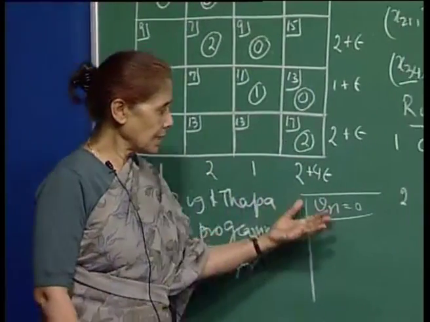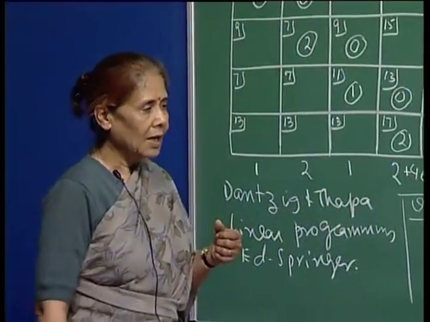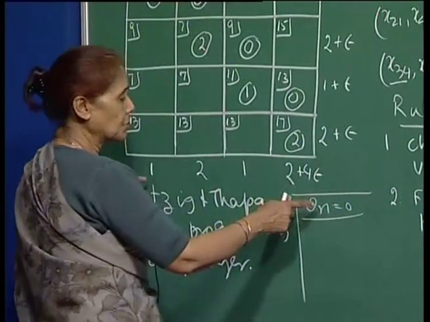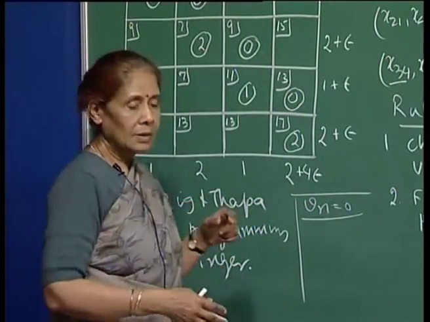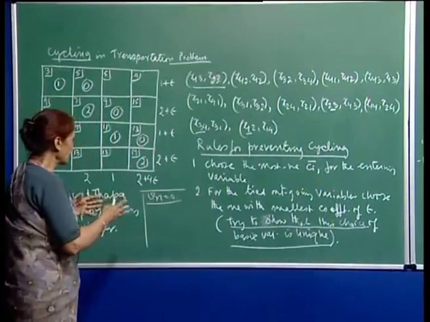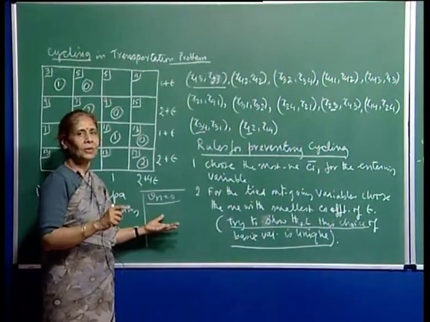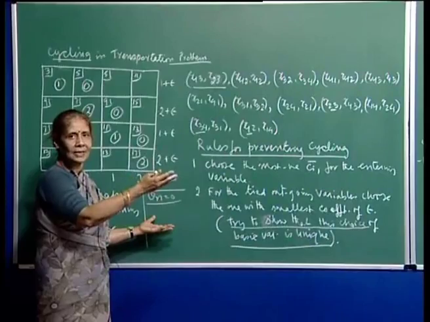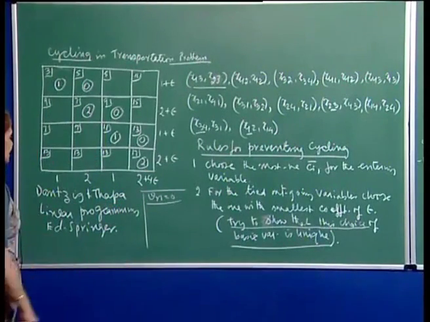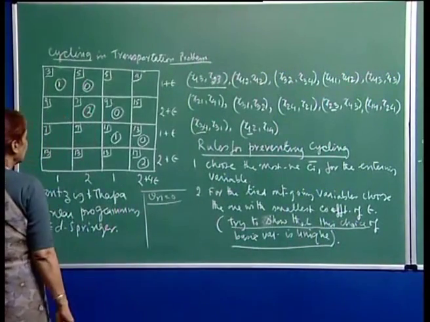So, it is not necessary, and in fact, a very good thumb rule to make your calculations fast is to choose that vi or vj equal to 0 for which column has the maximum basic cells, because then immediately, if the number of basic cells is large for a certain column, I choose that particular vj to be 0, and then all the ui's get fixed immediately, right, and then the remaining ui's and vj's can be determined. So, it is not necessary that we should always choose vn equal to 0, but anyway, in this case,